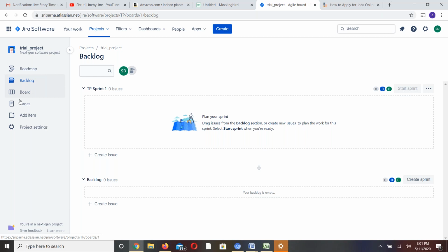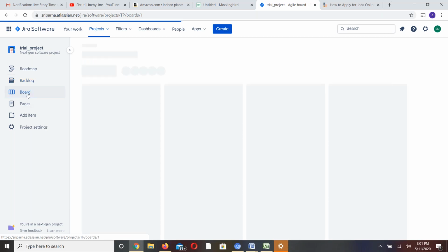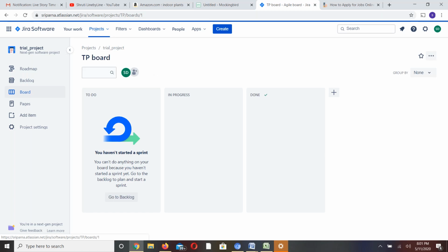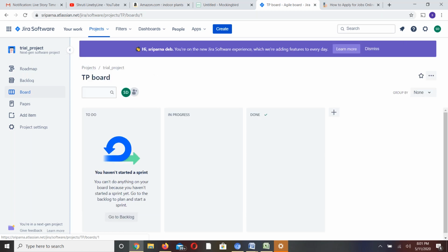Again, you have the sprint board, as I said a few minutes back. The board gives you the to-do items and in-progress items. You can define these actually. Let me say if I want to pick up another stage called in development, I'll move this item here.